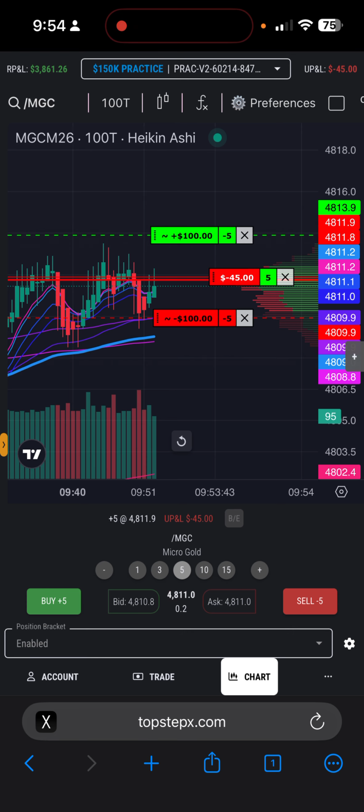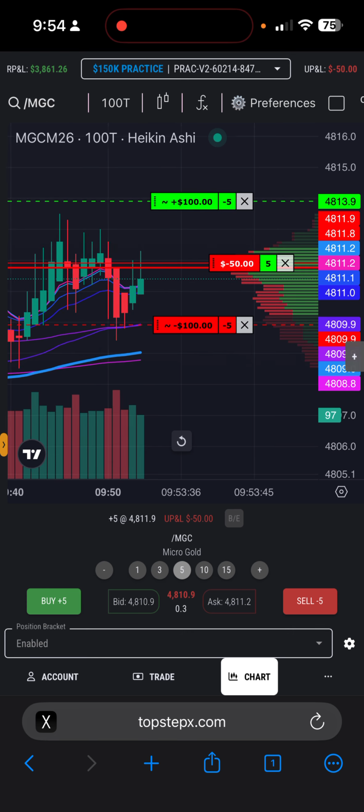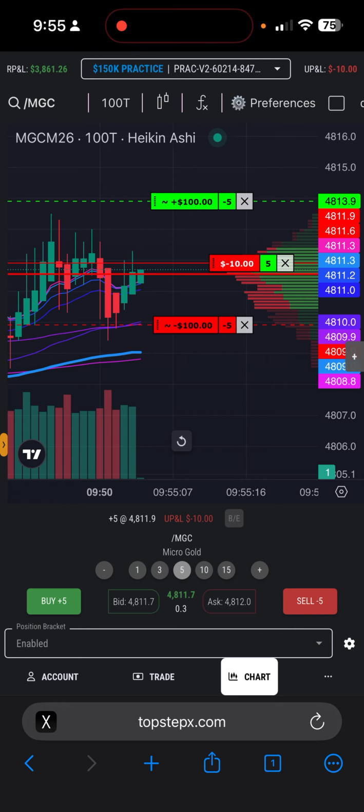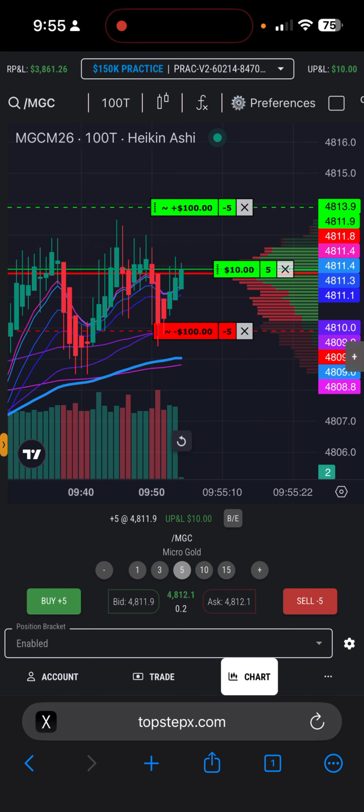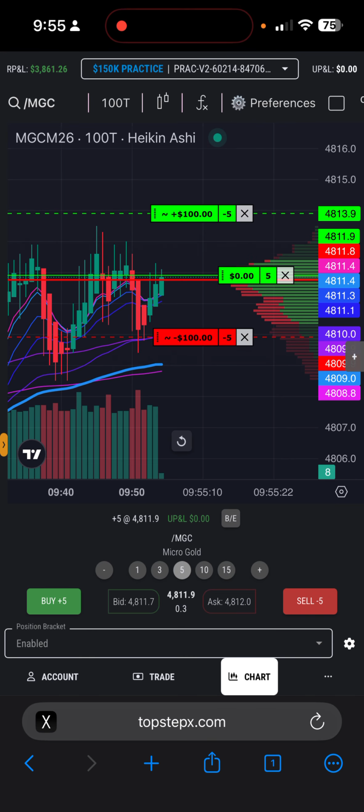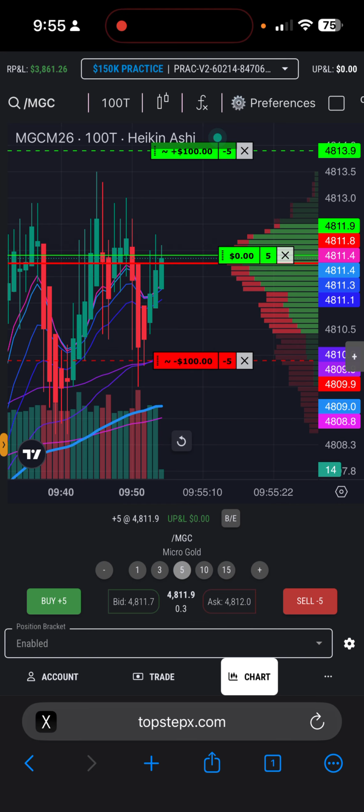All right, guys, taking a trade on gold. We took 5 long. Stop loss is below the recent swing low. Well, not technically below it, but my bias is long because we're above VWAP. This blue line is below the negative 100, and then we just had a swing low. I'm on a 100 tick chart.